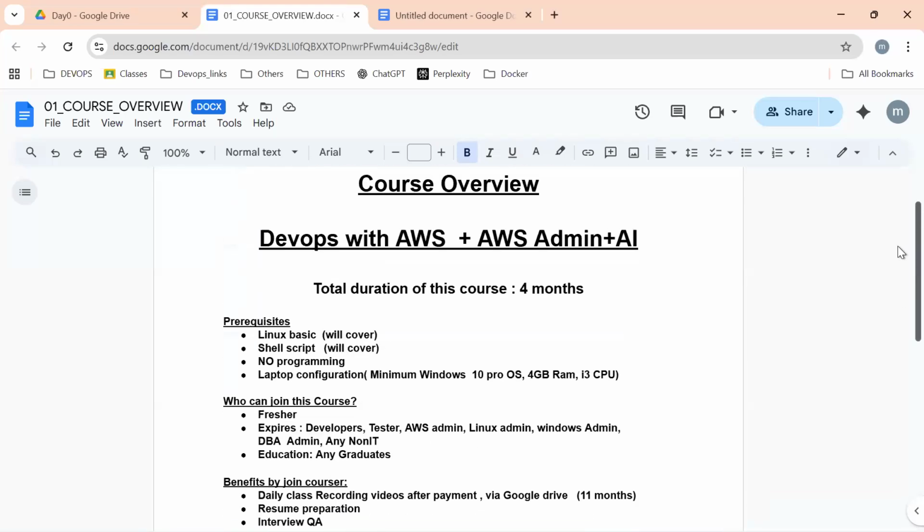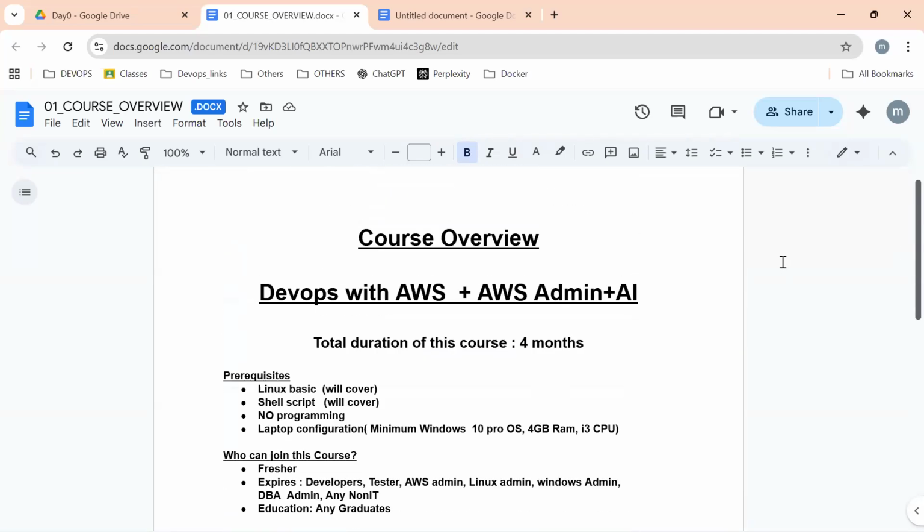No, here we are learning two courses, not only one: DevOps with AWS is one course, and AWS administration is another course. These two courses will be covered in 4 months. Coming to your question related to AWS, we are going to learn more than 45 AWS services completely. Every class we understand theoretically, understand diagrammatically, understand the steps, then we implement it practically on the same day in front of you, live.